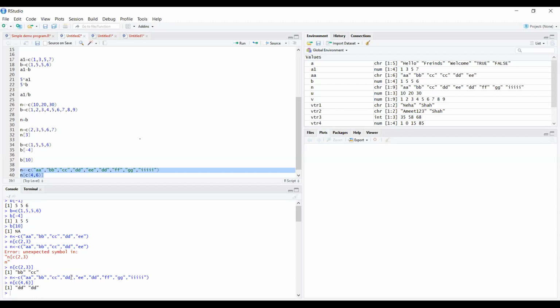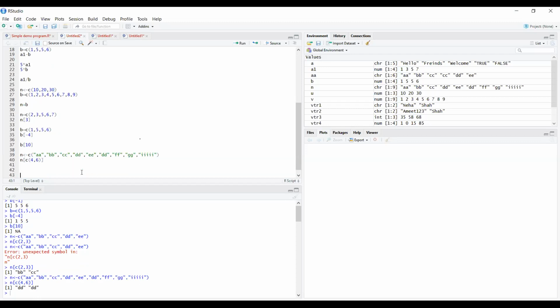The fourth position is DD and the sixth position is also DD. But if you want to find out such things, you can do it in this manner. This is called a numeric index vector.